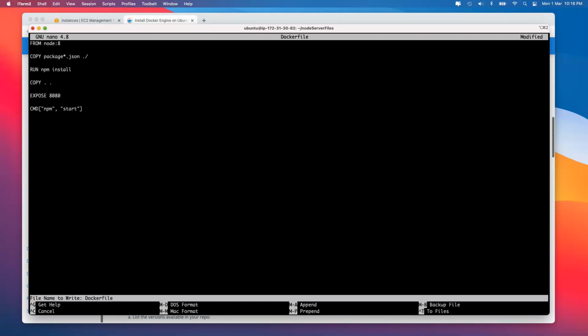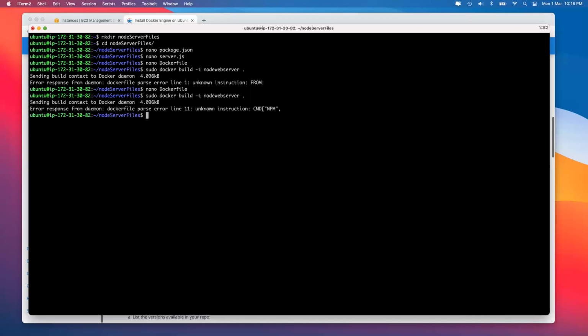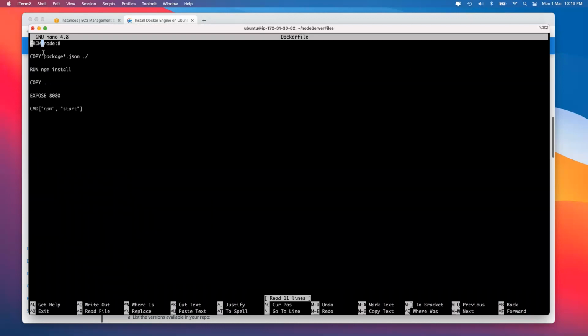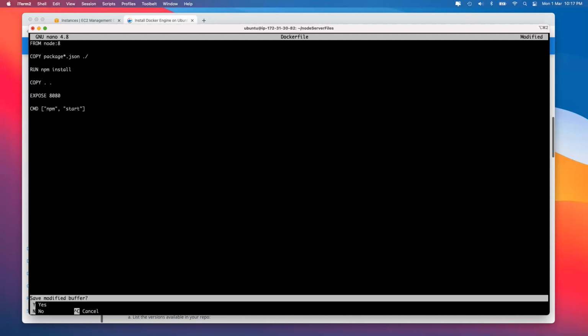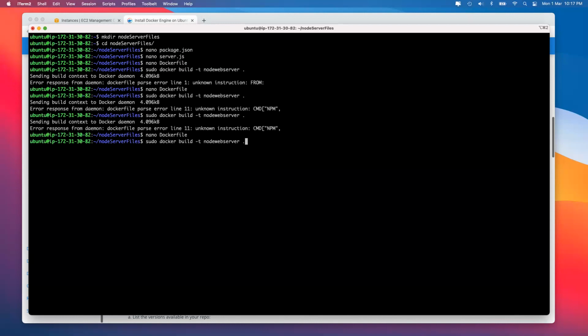So let's go and do a build again. And now it again gives the error over here. That was what we saw. So have a look. Space is there, space is there, space, space, space. Here also give a space. So if you don't, it errors out anyhow, and it is going to tell you line by line what the error is. Okay,